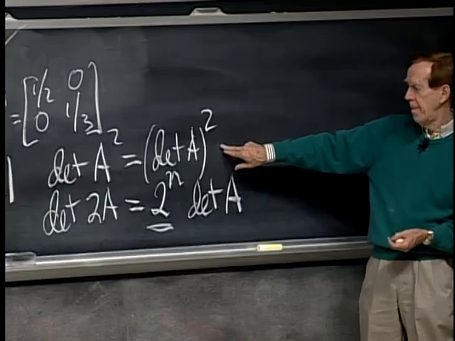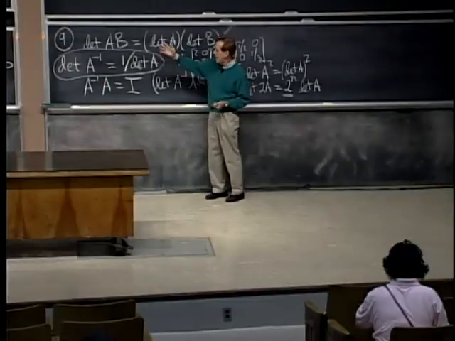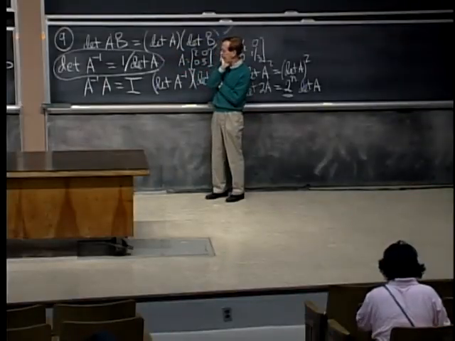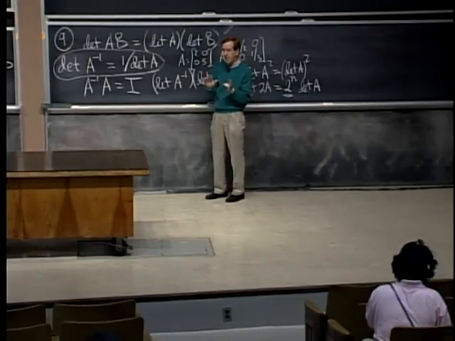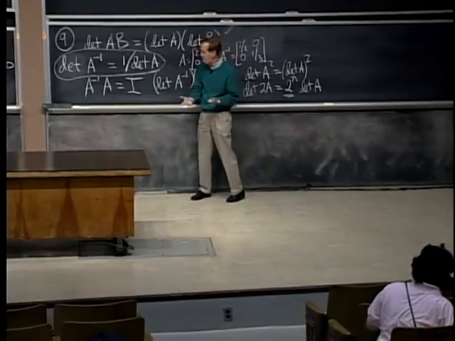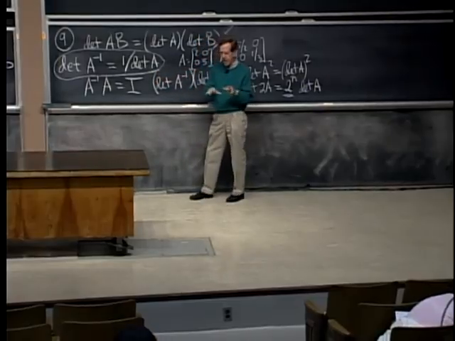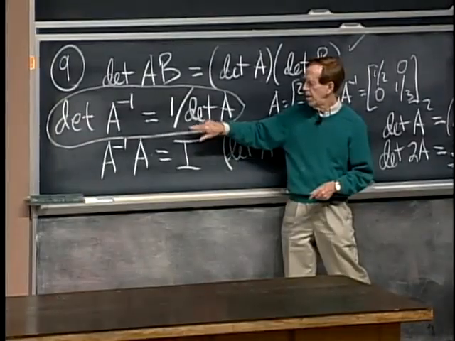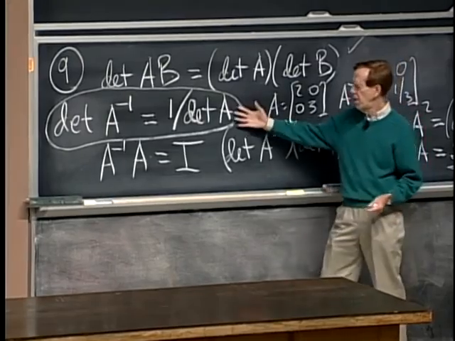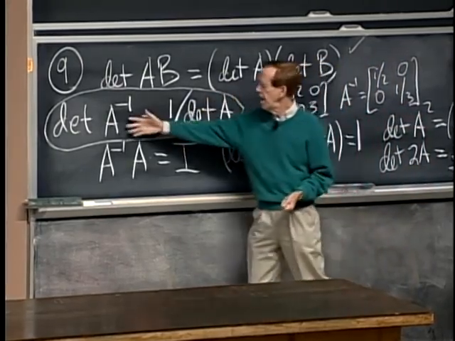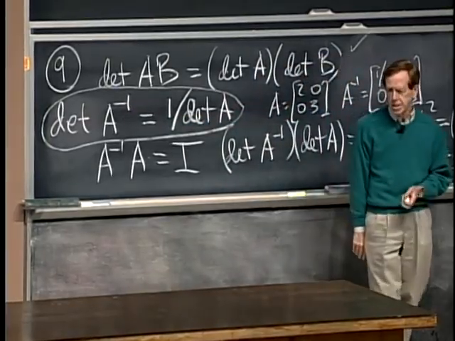This is rule 9. And notice the way this rule sort of checks out with the singular, non-singular stuff. If A is invertible, what does that mean about its determinant? It's not 0, and therefore this makes sense. The case when determinant of A is 0, that's the case where my formula doesn't work anymore. If determinant of A is 0, this is ridiculous, and that's ridiculous. A inverse doesn't exist, and 1 over 0 doesn't make sense. Okay, so